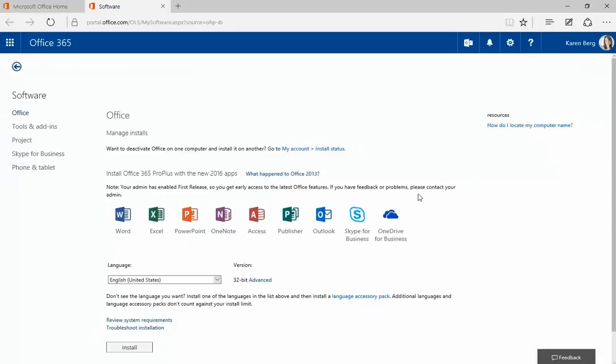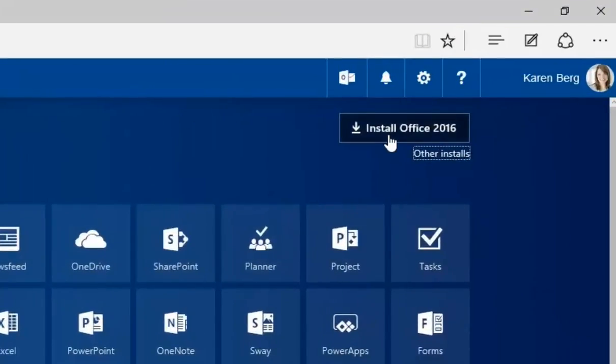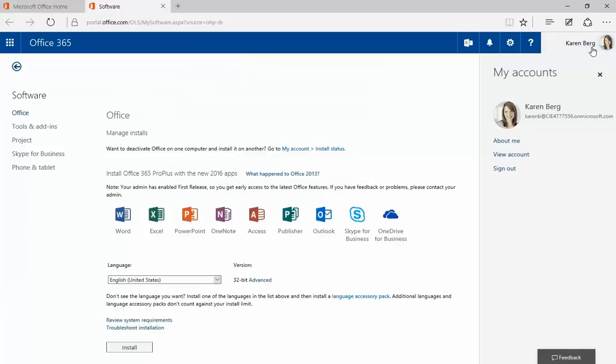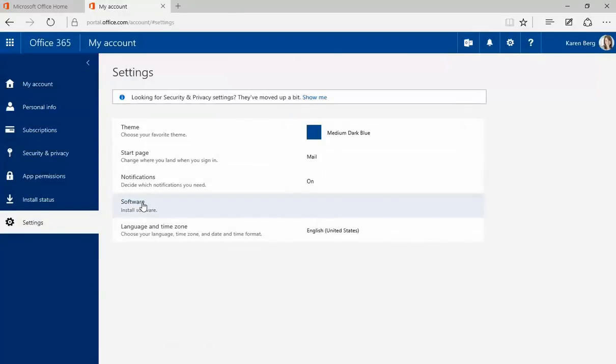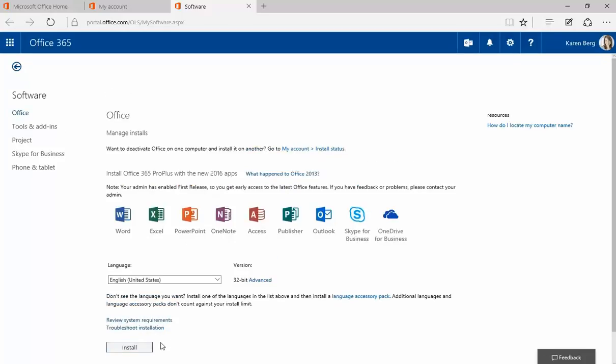So, once you're ready to install on your device, make sure you either click Install from our Office 365 homepage as we saw in the beginning, or you can come here by either clicking Other Installs as we did, or clicking on your picture in the upper right-hand corner, navigating to view my account, settings, and software. Click Install and follow the prompts to have all your services connected so you can get to